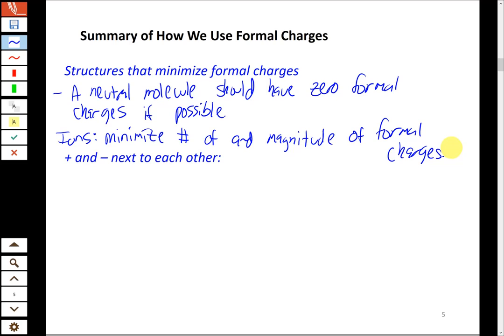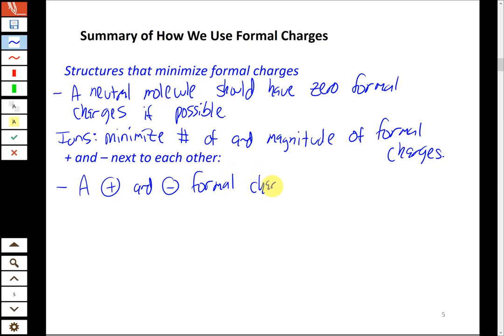Okay, so that's the kind of thing you're going to do, and we'll see examples of this to understand how it works. If we're asking you to minimize formal charges, there are a couple of things you can do to help with that. Usually what you're going to see is a positive and a negative formal charge right next to each other. So one atom is negative, one atom is positive, and those two are bonded together. You can get rid of both of those by drawing another multiple bond between them. So if you have a plus and minus formal charge on adjacent atoms, atoms that are bonded to each other,